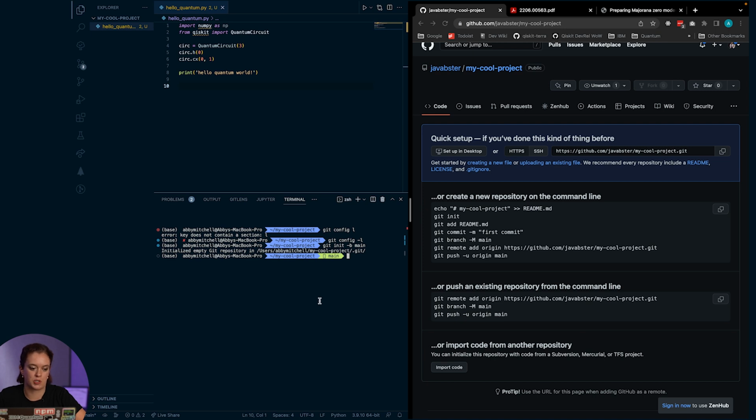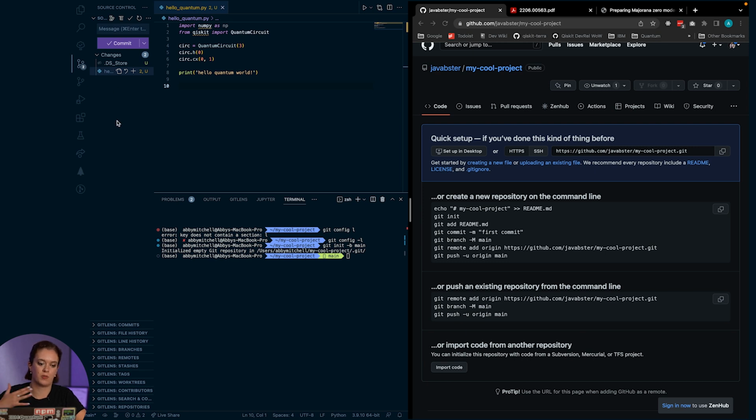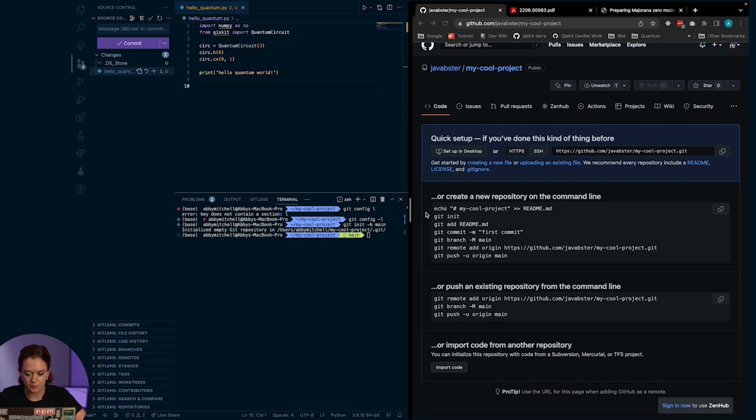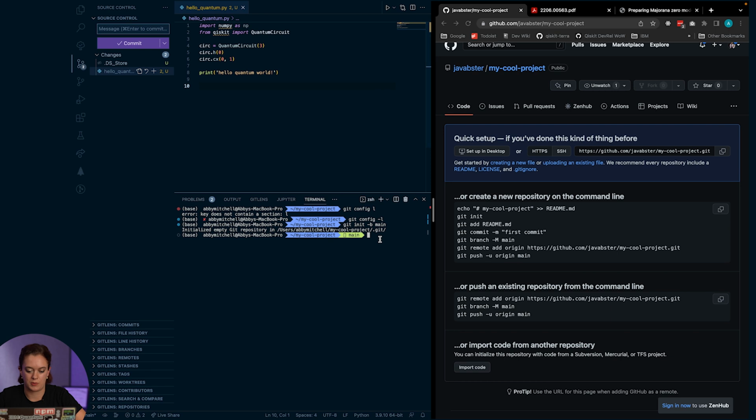Now that I have initialized this repository, I'm going to go to this tab here in my VS Code setup. You can see here, if I hover over it, it's called the source control tab. I really like this view because it really helps to show the flow of how we're working with Git. You can also just rely on your terminal. You absolutely do not need to have this, but it's a useful feature if you prefer things that are a little bit more visual. Okay, I'm just expanding the screens a little bit so we can see it better.